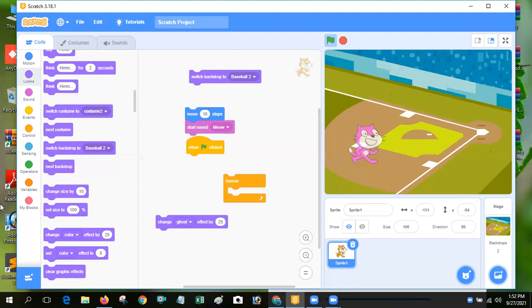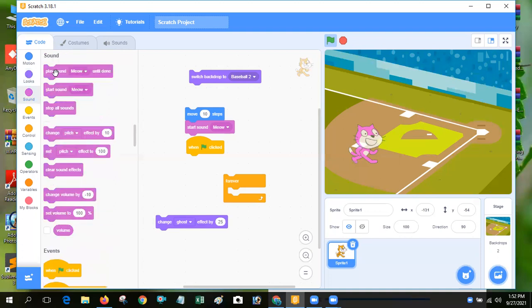And the sound block menu. So play sound. Suppose I want to use play sound. This one block. Okay. So which sound? Meow or mute? Mute, suppose. Click it. Okay. Stop all sounds. Sir, give again. Yeah, sure. Sir, sound is not coming.